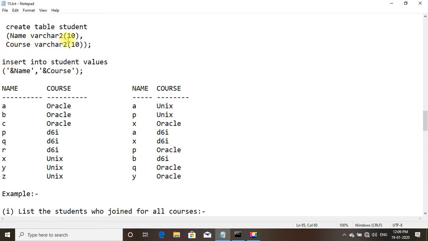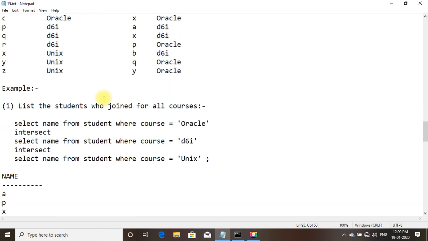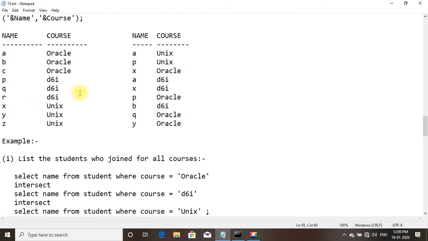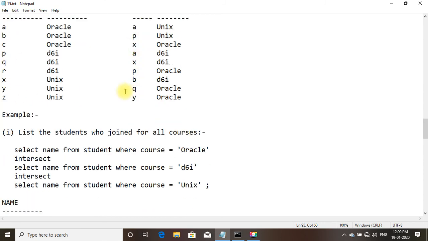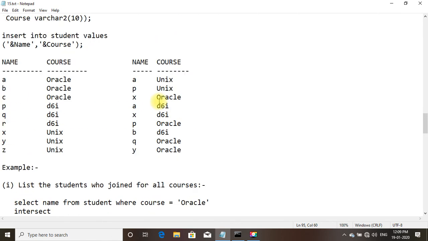So I already created the table and inserted these records. Now let us try the example. List the students who joined for all the courses. First we shall see the contents of the table student.